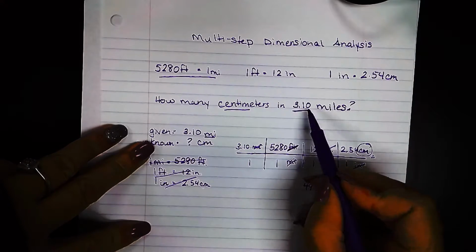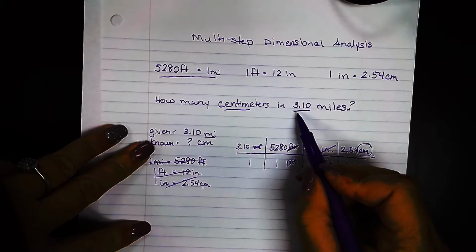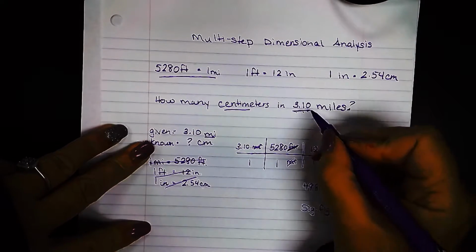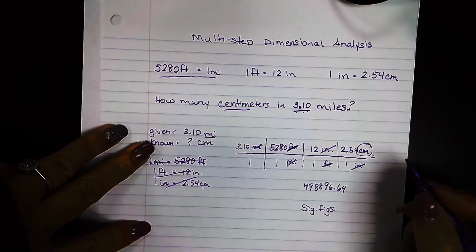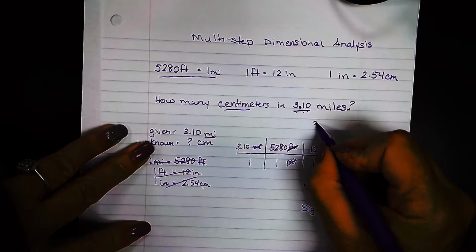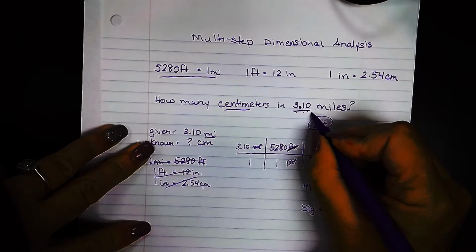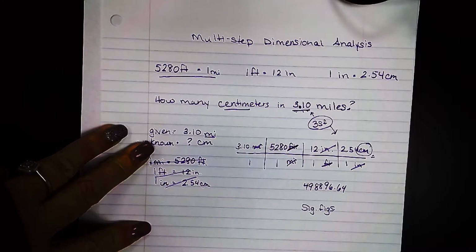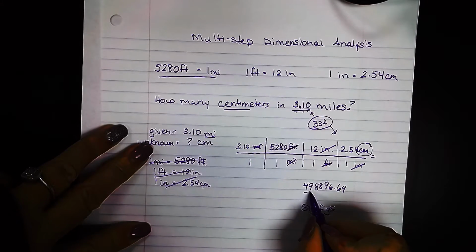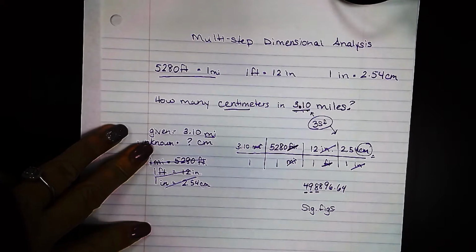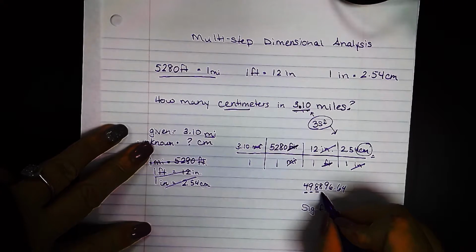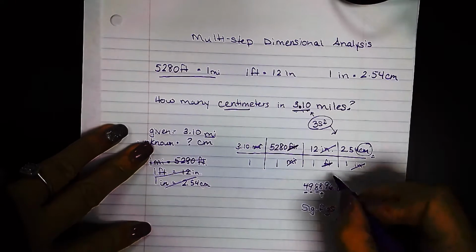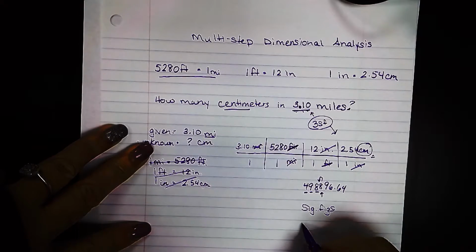If we look at this number, we know that the 3 and the 1 are significant, right? The 0 is a trailing 0, but there's a decimal in our number. So that means the trailing 0 is significant. So that means that this number has 3 sig figs, and that also means that our answer can have 3 sig figs. So now let's look at this. 4, 9, 8. Those are going to be our 3 significant digits. We have to look at this next one to decide if we round up, which it's an 8, which is greater than 5, so we are going to round up, which gives us